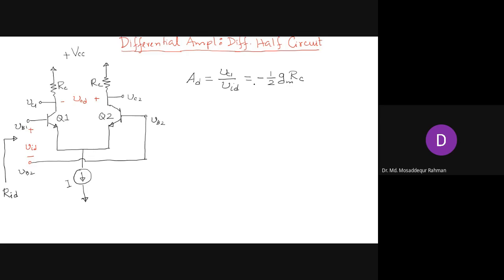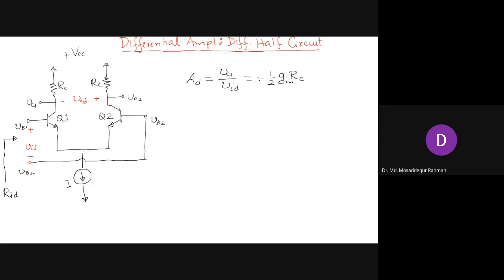For the differential gain, we can take the output from either of the two collectors, or we can take the output differentially between the two collectors. If we take the output from one single collector, VC1 by VID, that's the differential gain